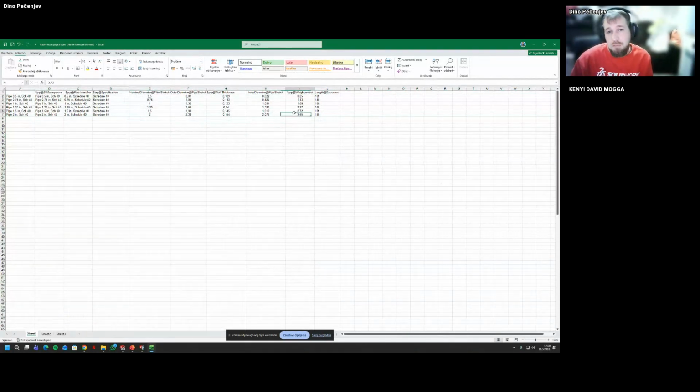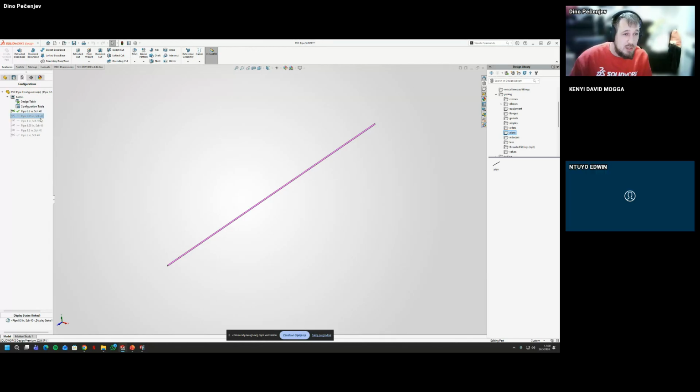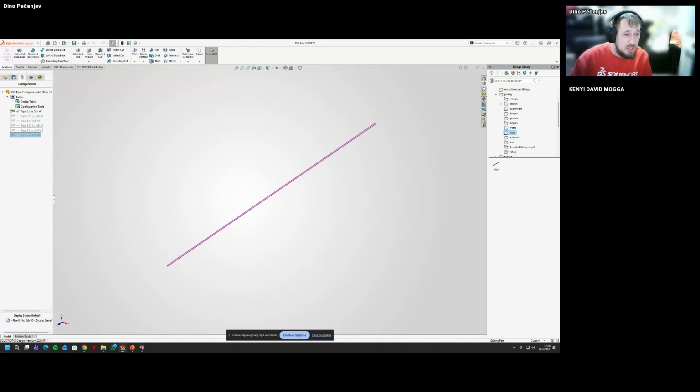And with this, it's done. So this also has some properties. These properties can be changed, but now just for demo, I won't be changing them. So I'm just going to delete a lot of these configurations. So, and here I have all my sizes I need.